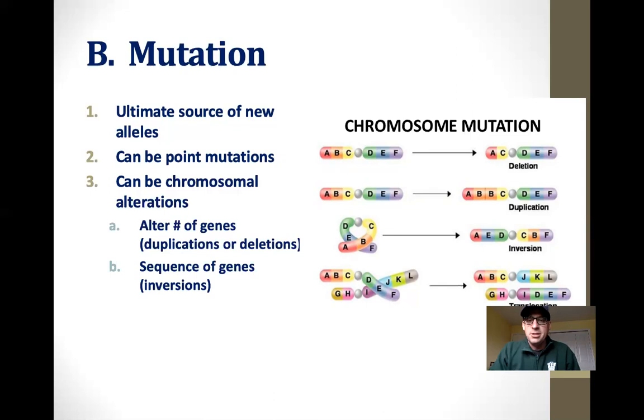Gene sequences can be inverted during the course of DNA replication. You end up getting a reorganizing of a particular chromosome, so the gene sequences get inverted. And we can create new genes where you have translocations occur between non-homologous chromosomes that actually end up exchanging pieces of DNA. All of these generate new combinations of DNA, new alleles,